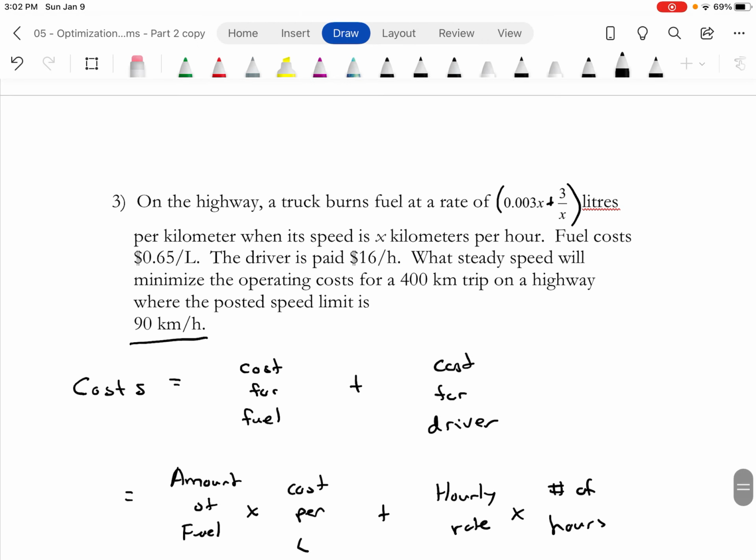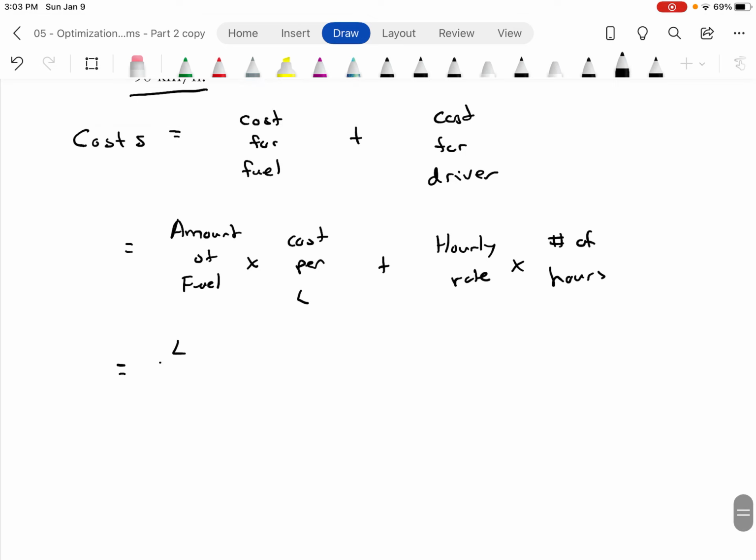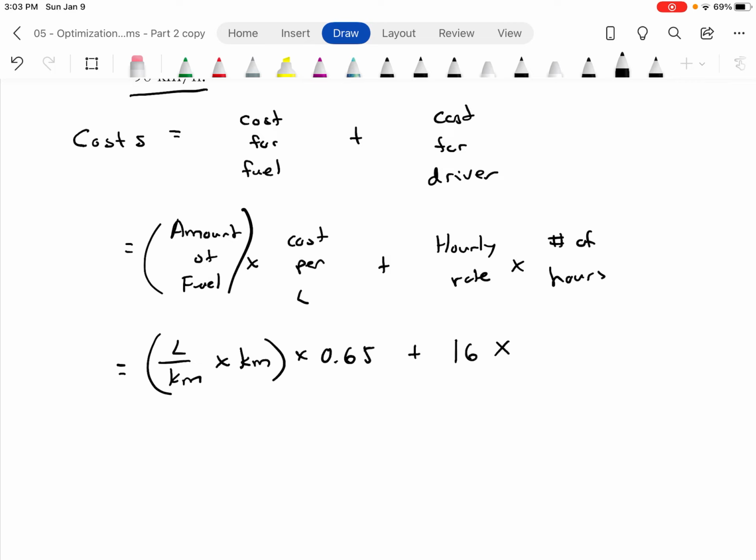Now, cost per liter we know, but to get the amount of fuel, we need this weird thing they showed us here, I'm going to highlight it. They said this truck uses 0.003x plus 3 over x liters per kilometer. So the amount of fuel is going to be how many liters per kilometer times the number of kilometers. That's going to be the amount of fuel times that cost per liter, which is the completely unreasonable 65 cents a liter. Now, the cost for the driver, well, okay, his hourly rate is $16, and I got to multiply that by